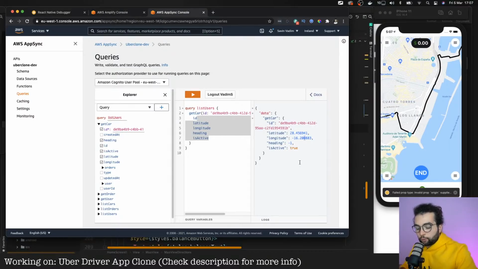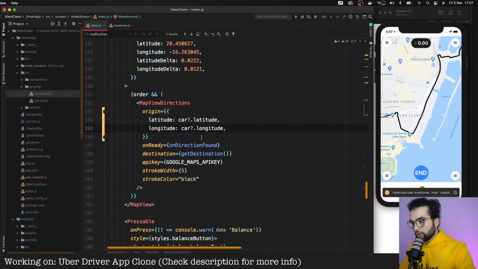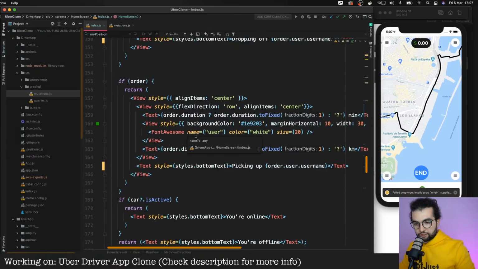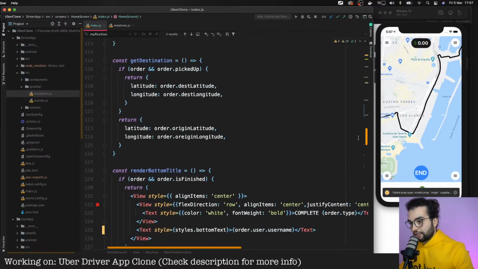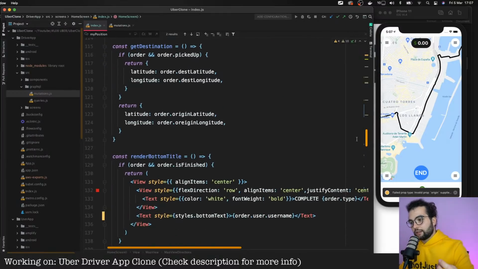So that means that whenever the car moves on the street, this onChange location function will be called, and we will update the position and the heading of the car in our database. An extra feature here would be to limit how many times the application updates the database.